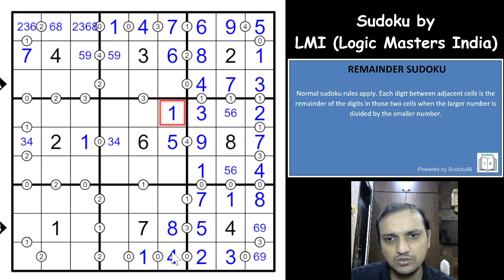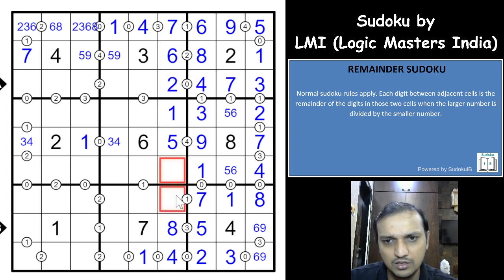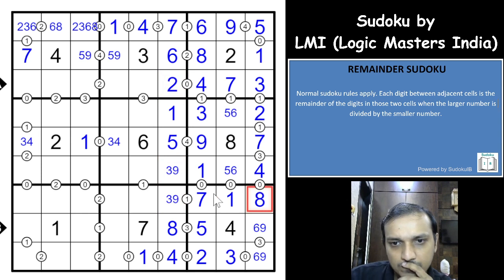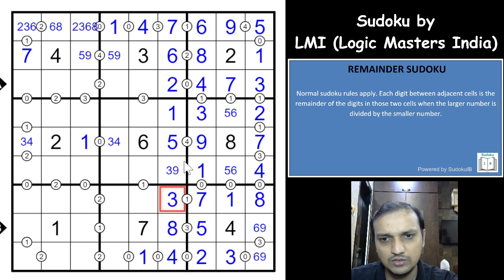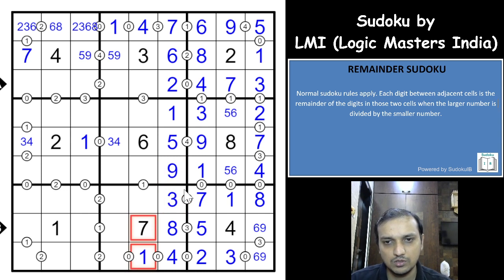So which means 2, 3 and 9, right? This is 2 and 9, but 9 won't go with 4 as a 0 remainder. So this is nothing but 3 and 9. 9 won't go with the 7 with the remainder as 1, so this has to be 3, this has to be 9. So, okay,